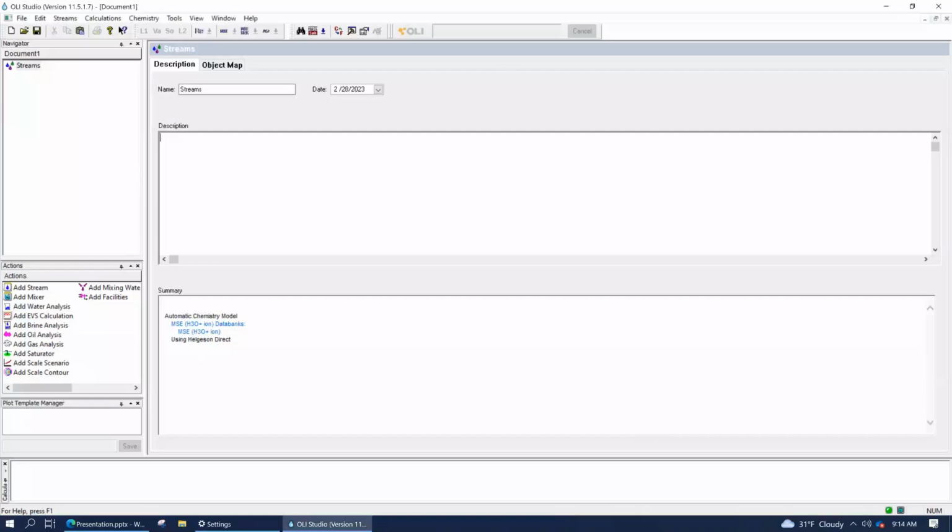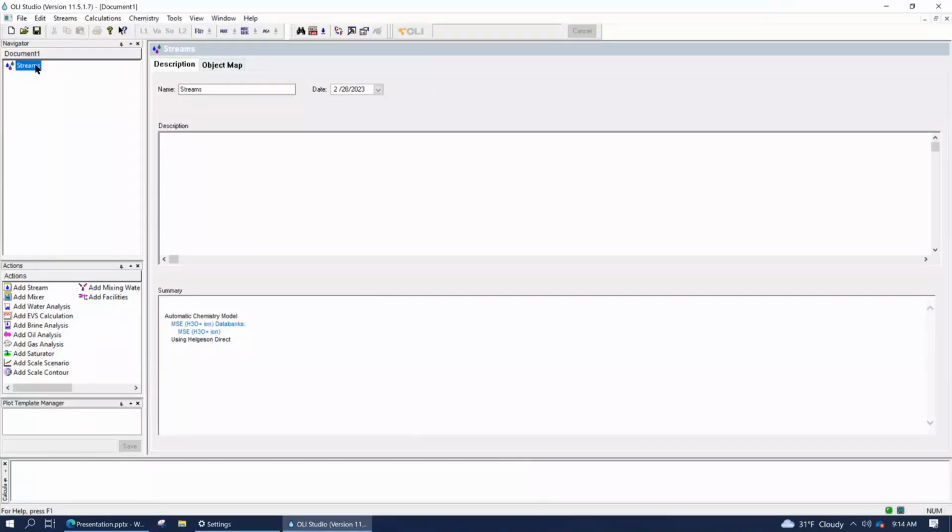What I'm going to do is walk you through the interface. There are maybe 3 different layers or sets of screens that I want to walk you through, so it may take maybe 5 or 10 minutes. First of all, this is the primary interface to OLI Studio. OLI Studio has panels across the edges and a main panel in the center. The panel along the far left is called Navigator. Its purpose is to show you what files you have open at a given time, and within each file, what calculation object or stream object you have inserted in it.